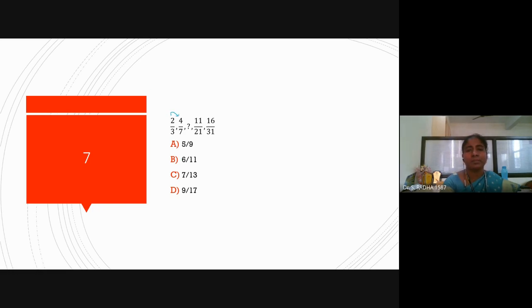This is plus 2, because we cannot do multiplication with 2, because 11 is not a multiple of 2. So I will go with some other logic. If I go with plus 3, then plus 4, then plus 5 should follow. Here 4 plus 3 is 7, numerator 7, and only option C has numerator 7. I am confining to that answer.